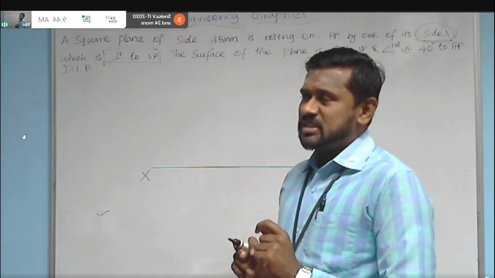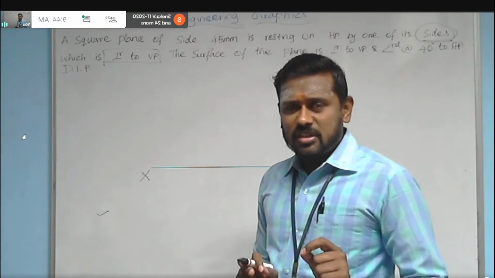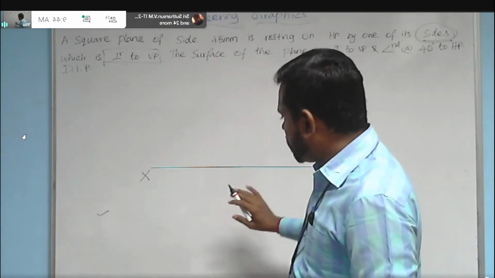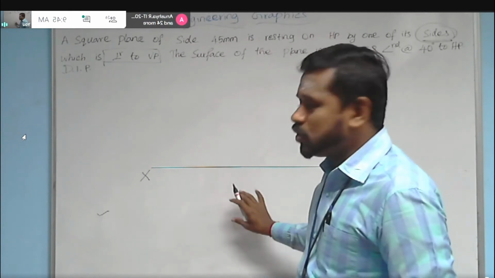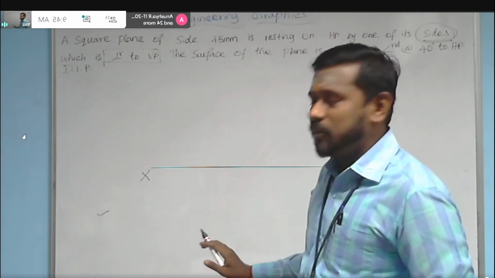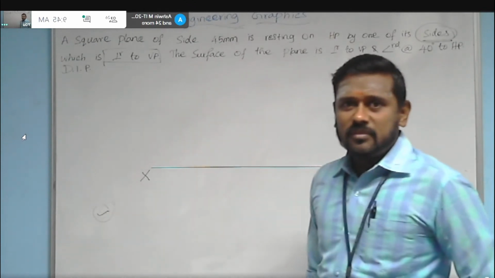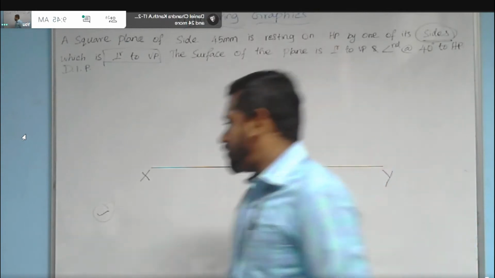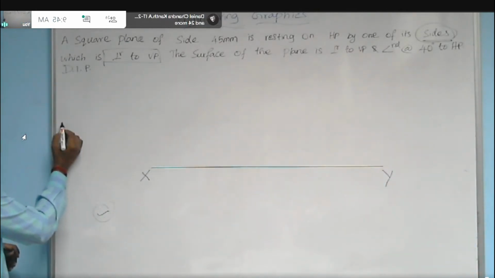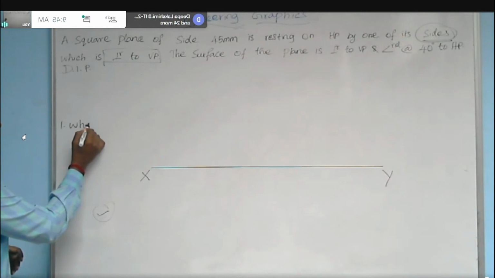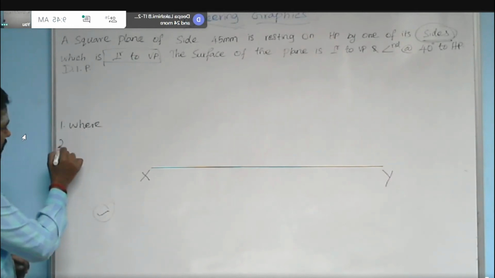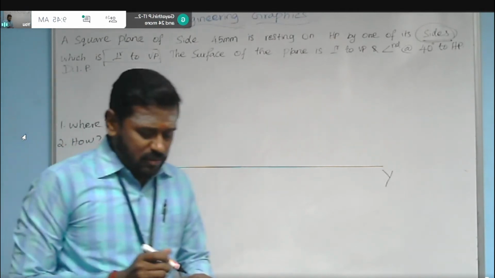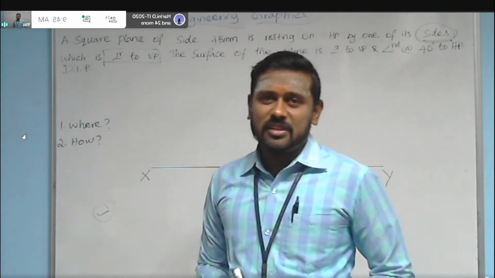Okay, so the base surface is a square plane. This square shape is obtained only from the top view. So you need to start the answer from the top view. Okay, top view. And the next question you need to consider is, how should be the base? What are all the things I insisted you to consider? First, where the base will be obtained, and the second question is how the base will be obtained. These two questions are the first check post for this kind of problems.